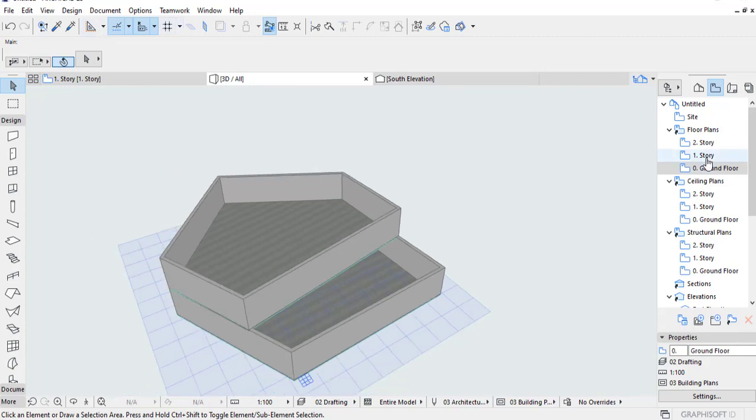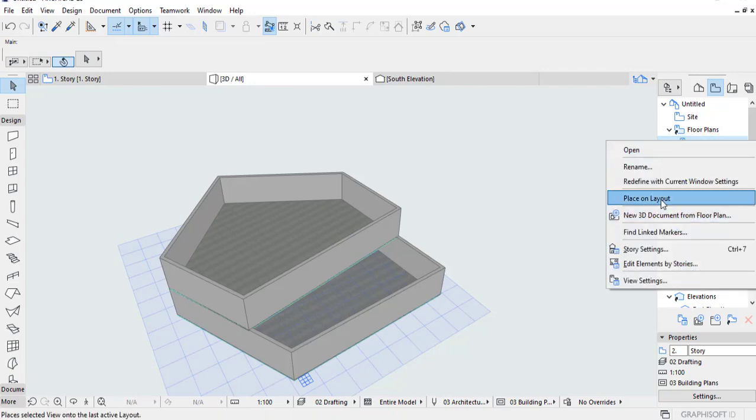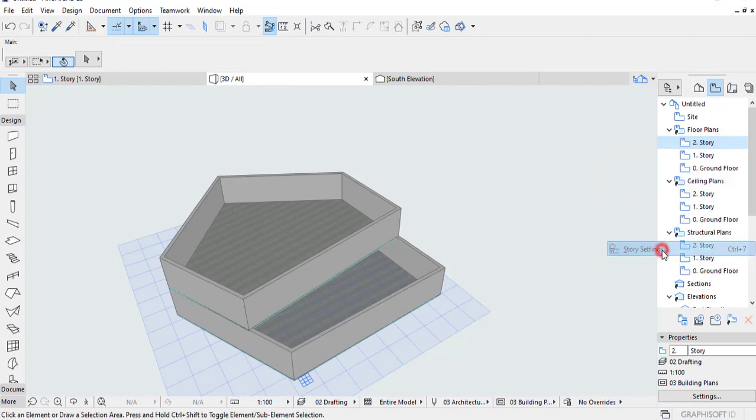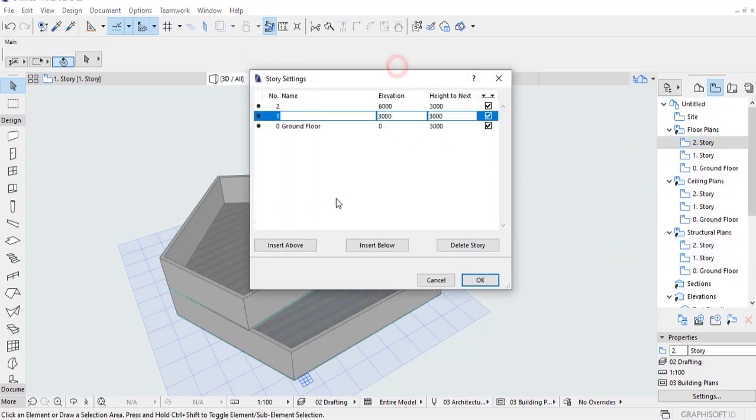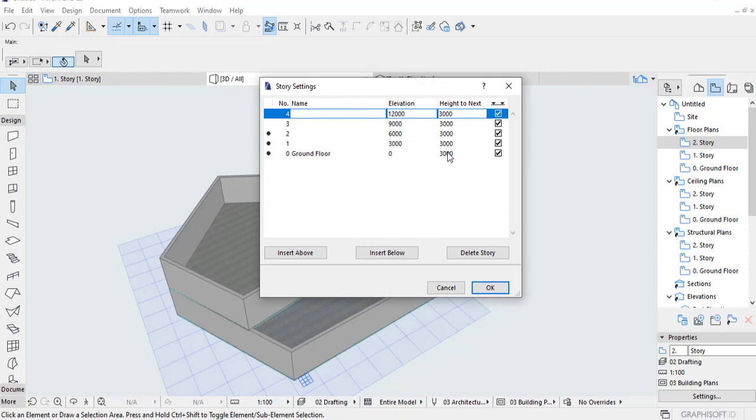So by default, if you add any more stories above this, story settings, you go to here and just insert, keep on inserting stories, and this height will decide at what height the slabs will be put.